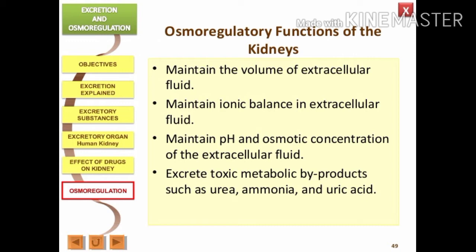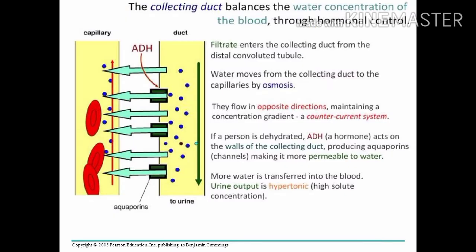And who is helping inside the kidney? It's the structure of the nephron that is performing all these functions inside the kidney. Now have a detailed look at how it is performing all these functions. The kidney plays an important role in osmoregulation by regulating the water content of the blood. There are two conditions for this. Whenever there is an extra amount of water present, we call that condition hypotonic. And whenever there is a lesser amount of water present inside the blood,